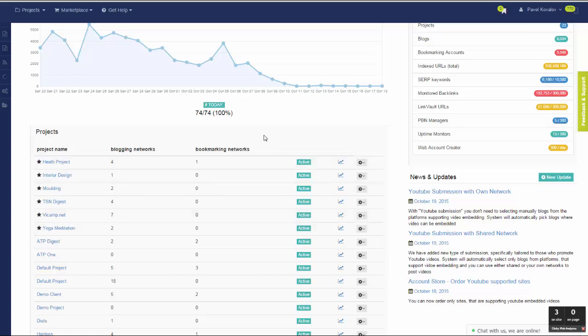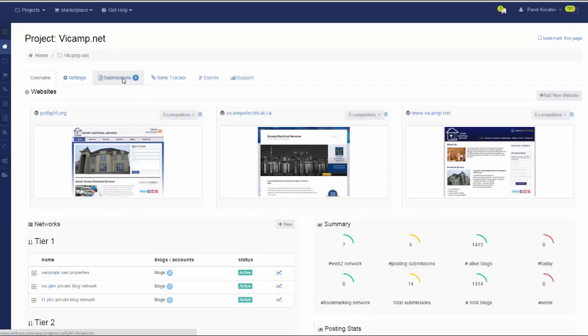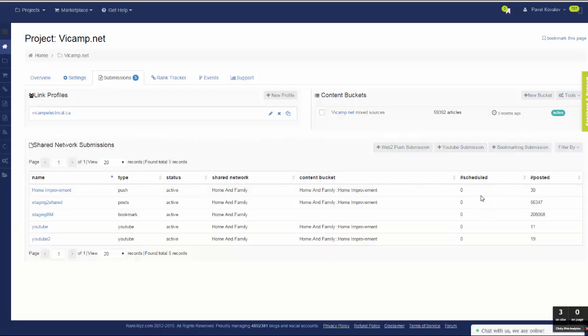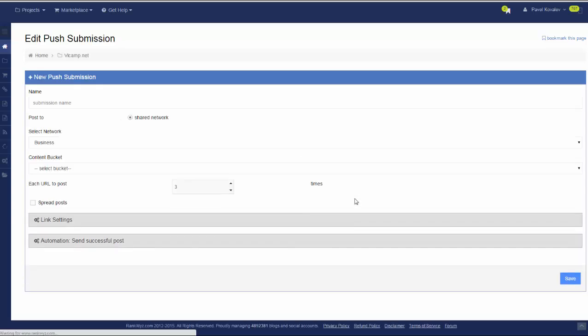When we create a multi-tier setup, we'll always start with the lower tier. For that, I will go to the project where I want to set up submission that will be posting to the shared network and create push submission. Push submission is specifically designed for backlinking, and it triggers when URL is available. So it's basically for the scenario when the upper tier made a post and sent it to the lower tier